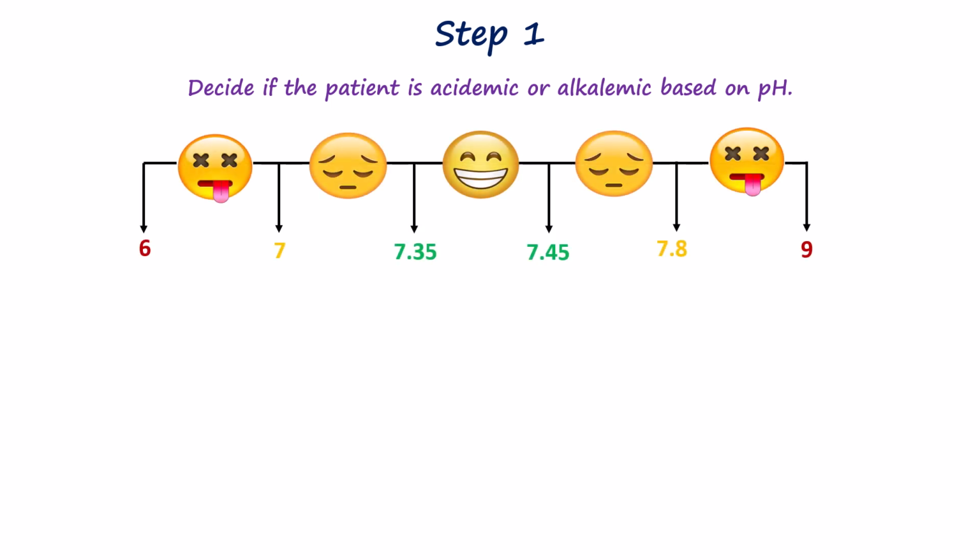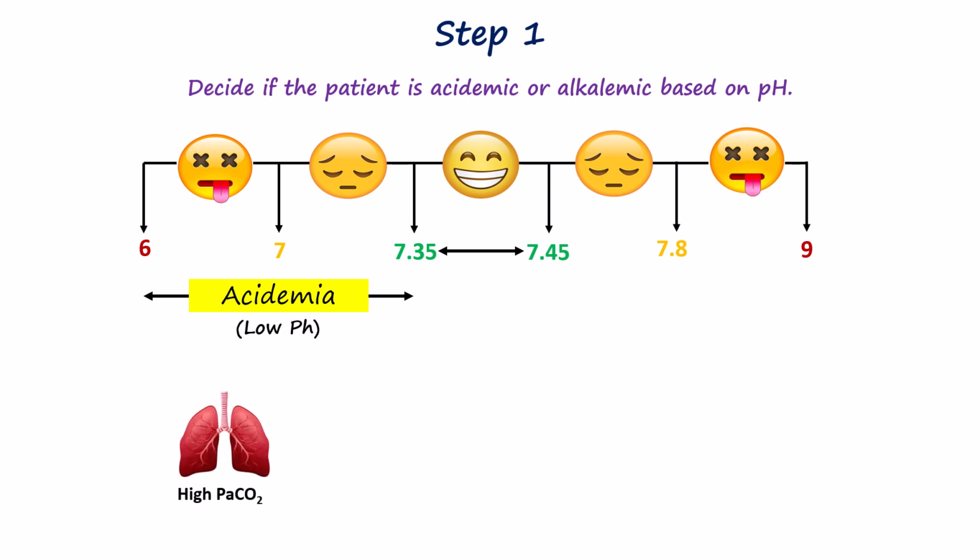Step 1 in interpreting acid-base disorder is to determine whether the patient is acidemic or alkalemic by assessing the pH value. A normal arterial pH ranges from 7.35 to 7.45. If the pH is less than 7.35, the patient is considered acidemic, indicating an excess of hydrogen ions or deficit in buffering capacity. In terms of blood gases, this reflects an excess of carbon dioxide, a volatile acid, or a